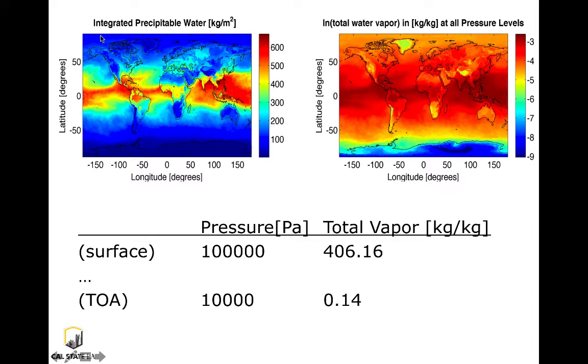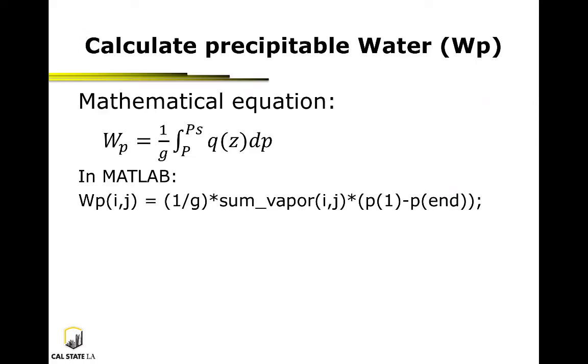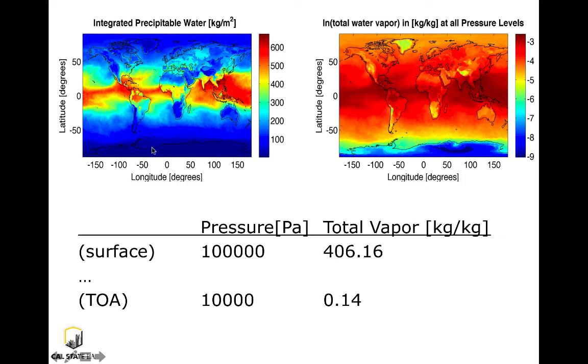At every single x and y coordinate for your latitude and your longitude, you're taking the sum of your precipitable water, multiplying it by that change in pressure, and dividing by gravity for every single cell in your domain. That is what you are doing. I hope that makes sense, and here are some sample calculations if you wanted to try for the homework